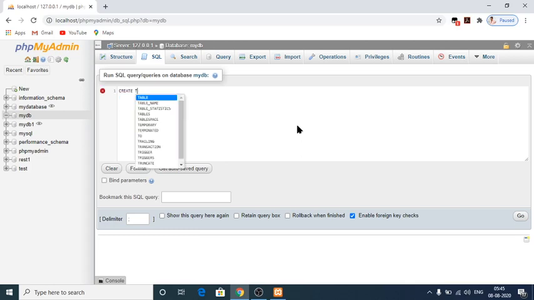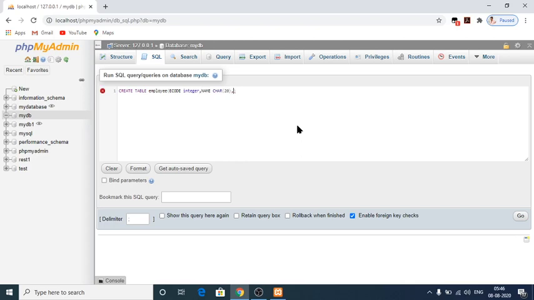CREATE TABLE. Next, I would like to give a name for the table: EMPLOYEE. Then we have to give the fields of the table. The first one is ECODE, it should be INTEGER. The next one is NAME, that should be CHAR, character, 20.